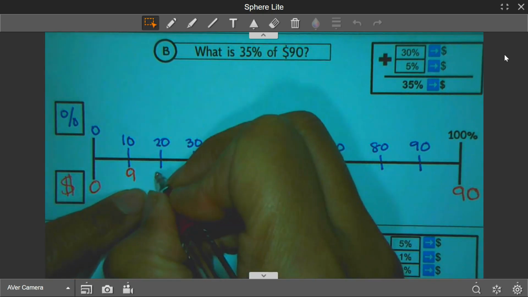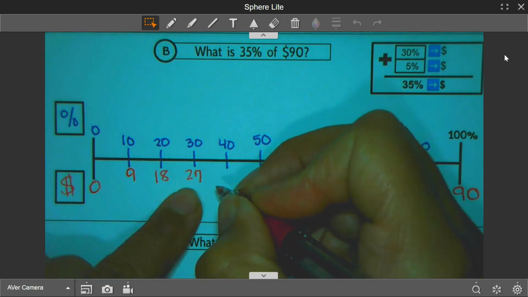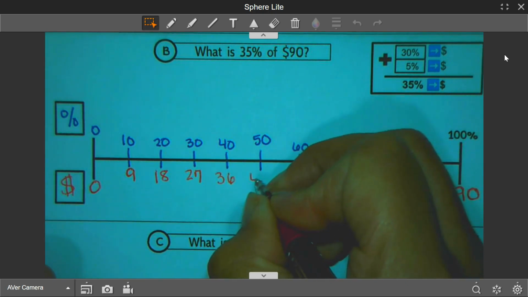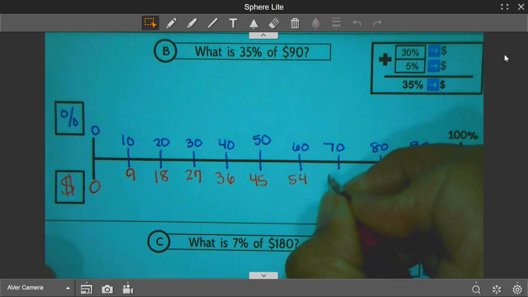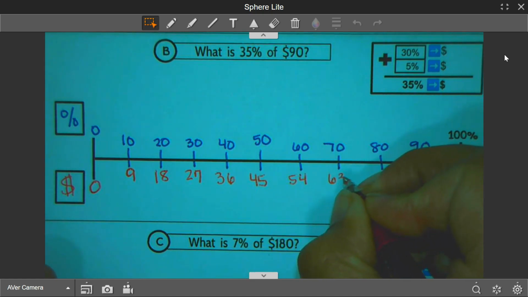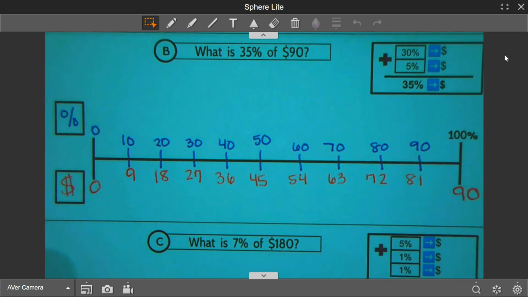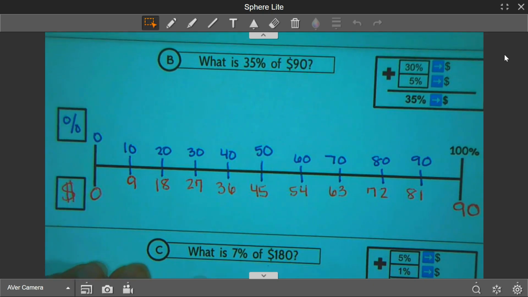So 9, 18, 27, good. Keep saying them. All right, there it is. Okay, now that we set that up, let's go ahead and find